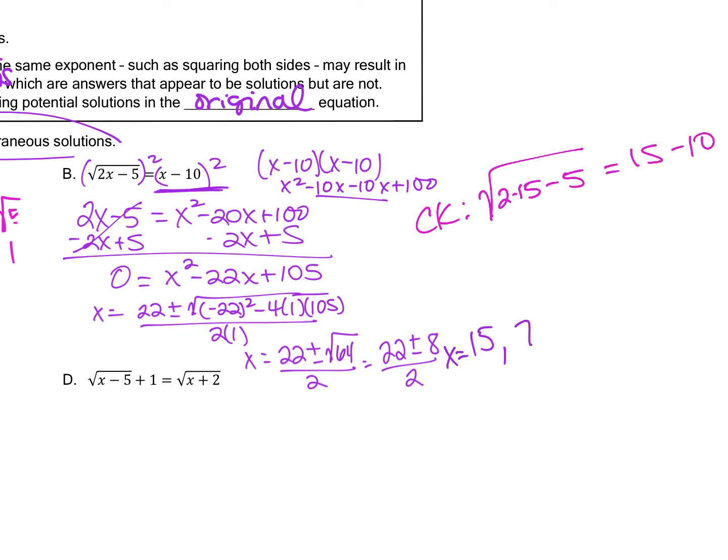So that's going to be 30 minus 5, which is 25. Square root of 25 is 5. 15 minus 10 is 5. So that one works, 15. And then we need to plug in the 7. So